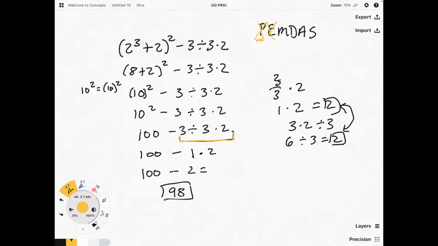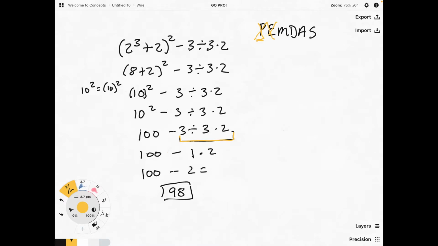And so that's why I did 3 divided by 3 times 2 in the problem, because I know it's just easier to multiply something by 1 than not by 1. So if we actually go the other way and not look at order of operations, let's see what answer we get that way. So say we had this 100